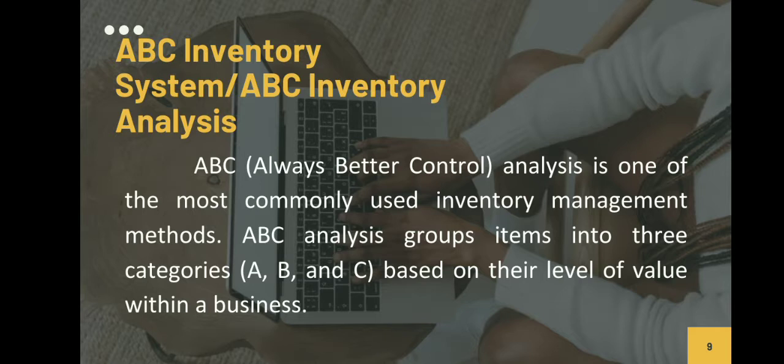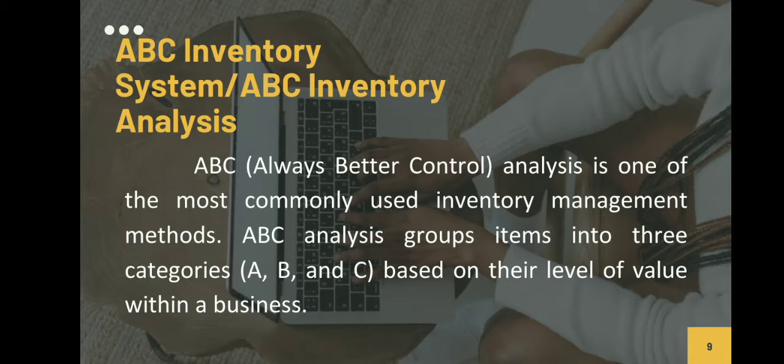ABC analysis groups items into three categories: A, B, and C, based on their level of value within the business. So classifying inventory with ABC analysis helps businesses prioritize their inventory, optimize operations, and make clear decisions. Coming up, we'll explore ABC analysis in depth, explain how to use it, and help you decide if it's right